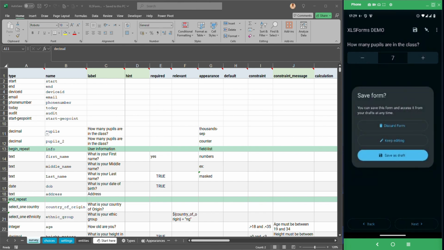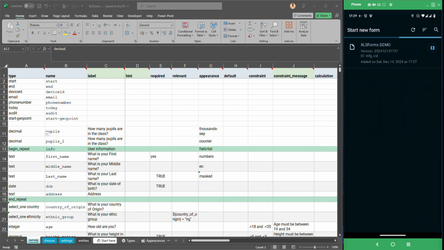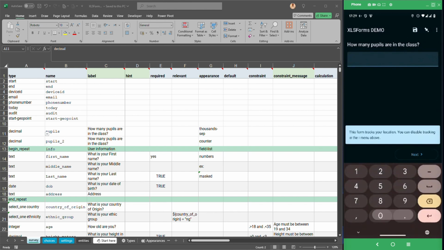To see how they work here, I'm going to start a new form. No, I didn't refresh my form, so let's do that to get the new version. Yeah, so we have the latest version, and you can see it appears the same way. So 00 point, you get the idea. Because it's decimal, it allows me to have a decimal place, but it still maintains the thousands separator that we saw earlier. And if you go to the next item, counter